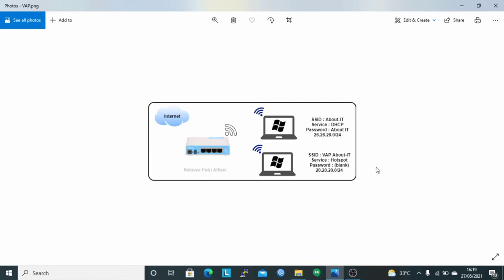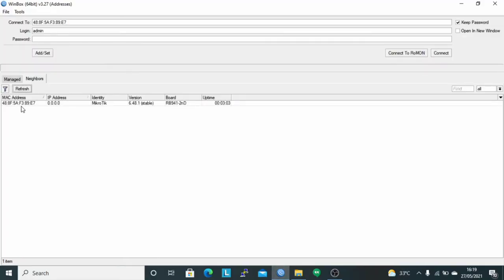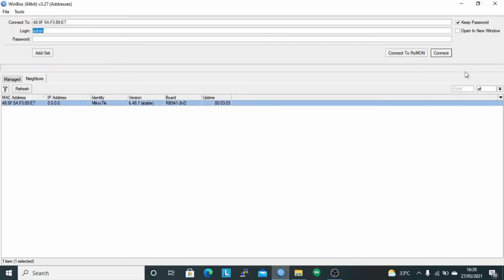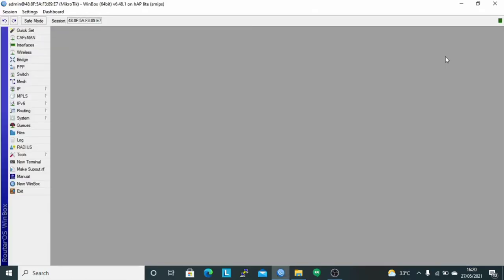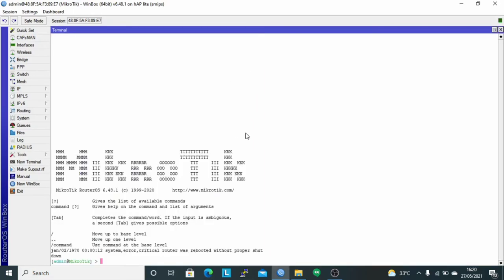And then directly to configuring the virtual access point. First, open the Winbox application and click the MAC address to remote the router. Click new terminal and first set your identity with the command system identity set name.